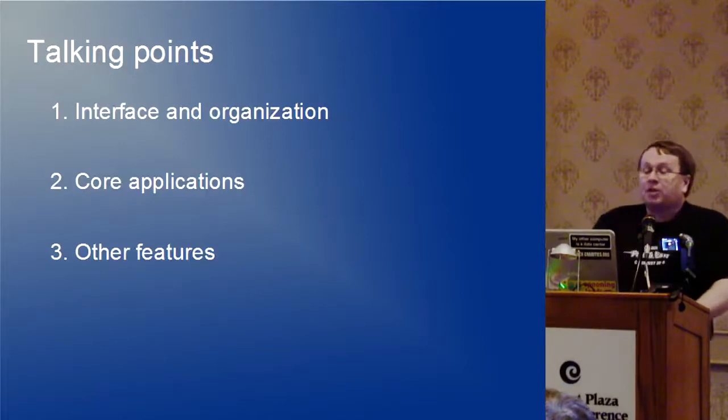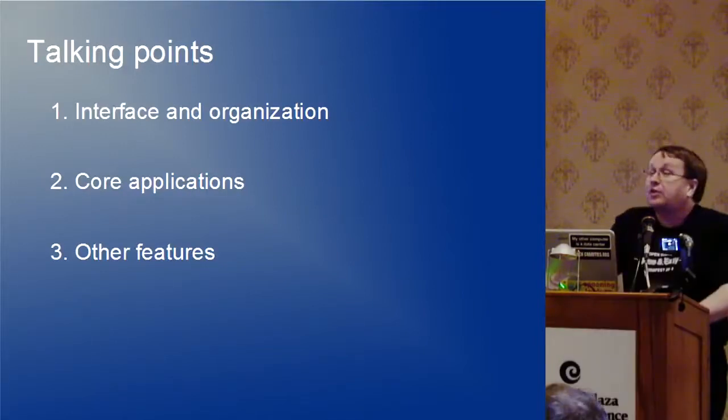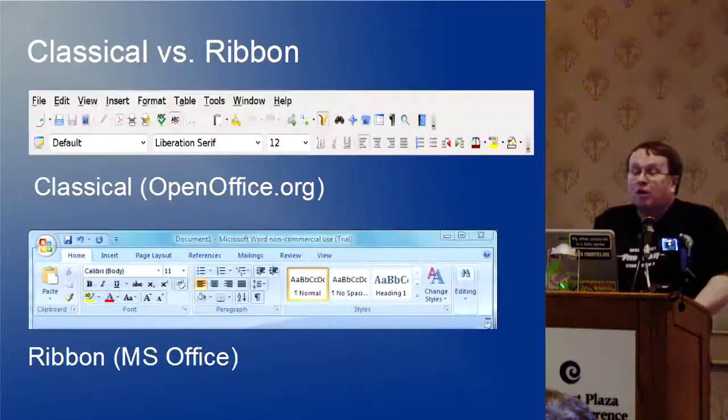Now, the things I'll be mainly talking about are, first of all, interface and organization, some of the core applications, as to say the word processor, spreadsheets, and the slide presentation, and then a few other features here. The most basic and most obvious thing: OpenOffice has what you might call a sort of classical menu and taskbar